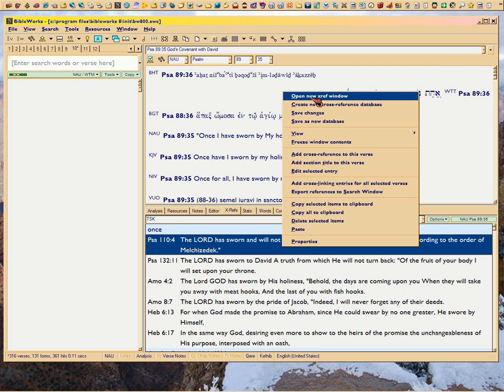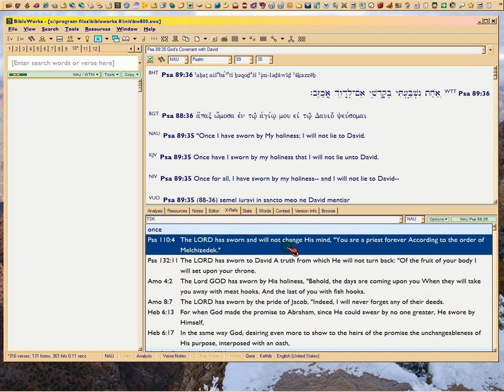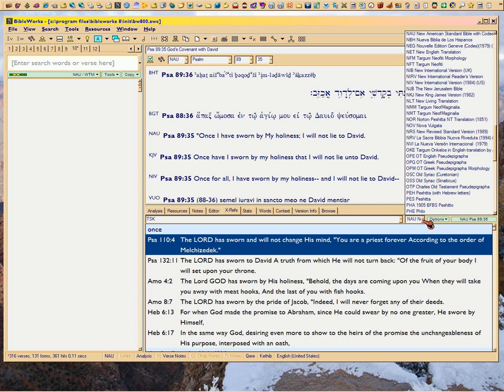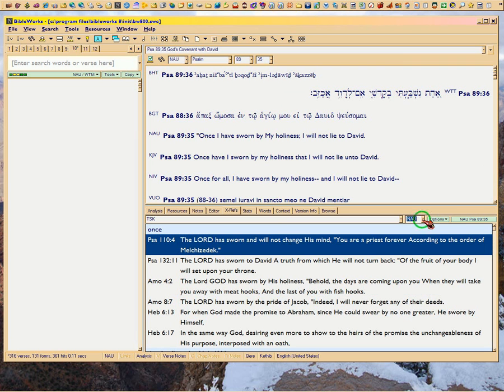Okay, but that's only going to show the translation you've got. So if you want to change translations, if you wanted to see what it looked like in Greek, okay, you can't use your multi-version mode because it won't give you a new